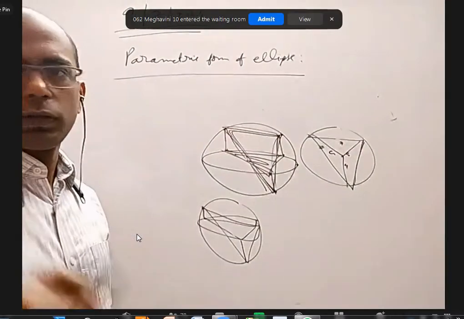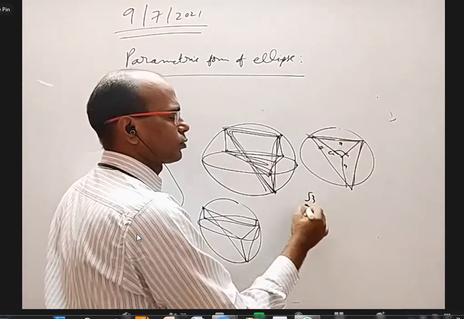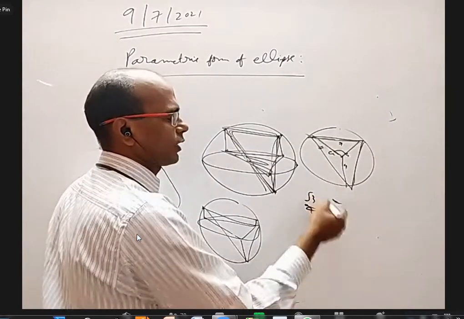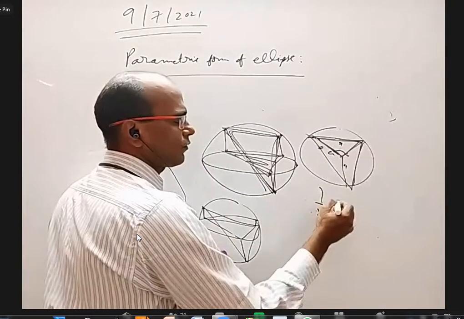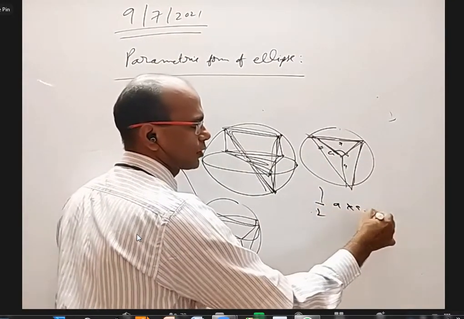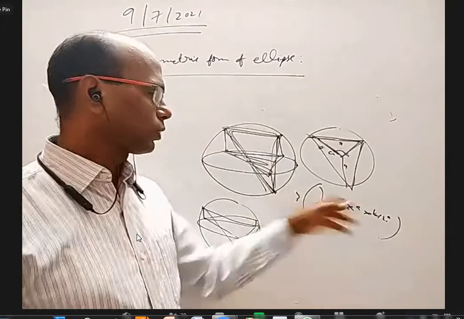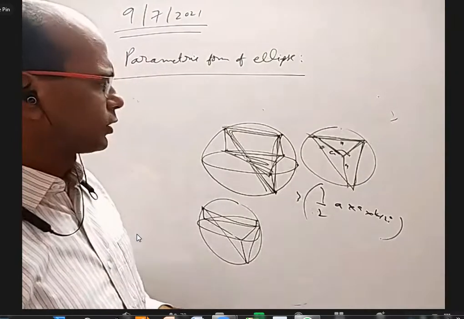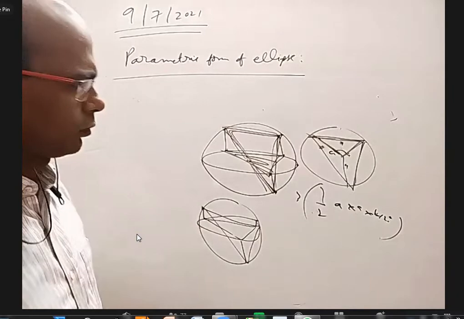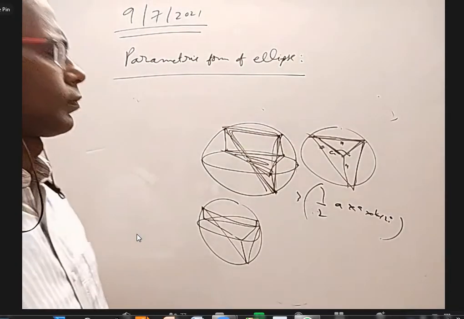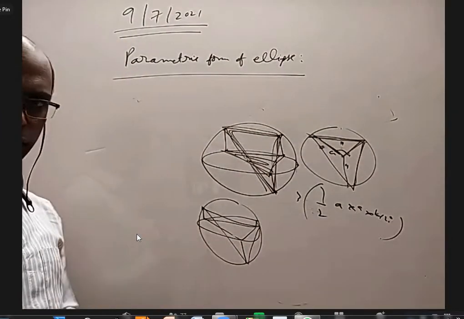If this is a, this is a, this is 120 degrees, this side is a root 3. And then root 3 by 4 a square, in the place of a you can write root 3 a. Or for this triangle you can use half ab sin C, half into a into a into sin 120 degrees, and 3 times that. Sin 120 is root 3 by 2. You will get 3 root 3 by 4 a square.